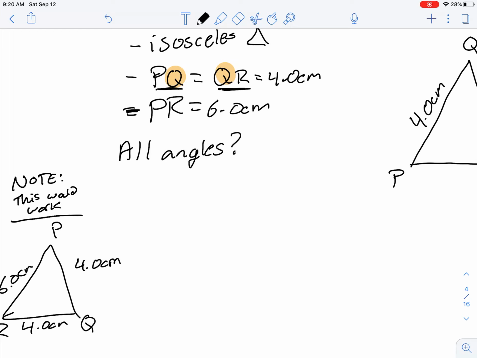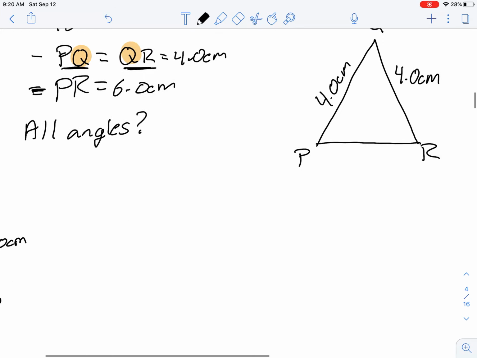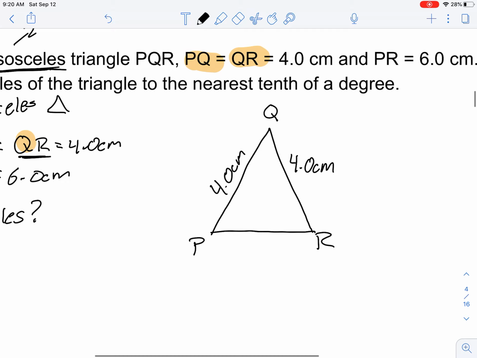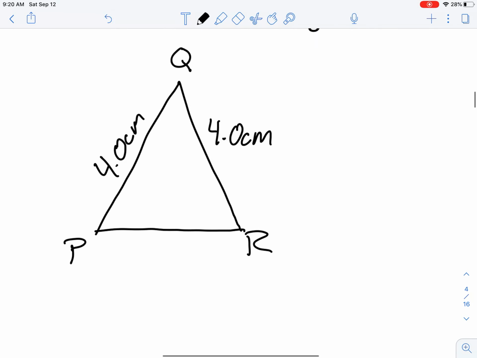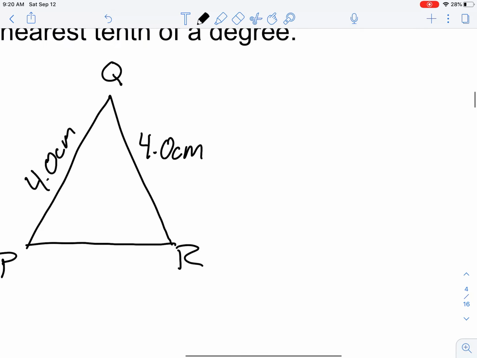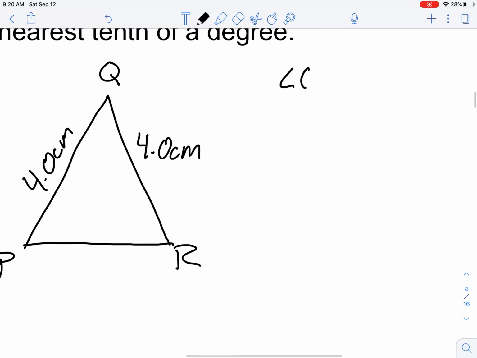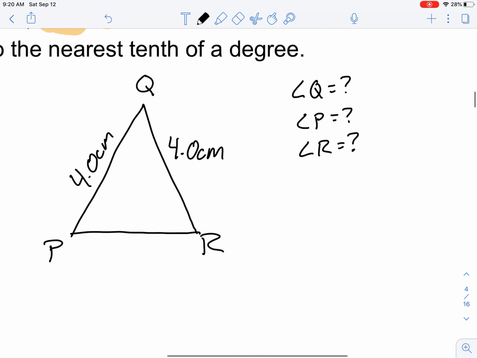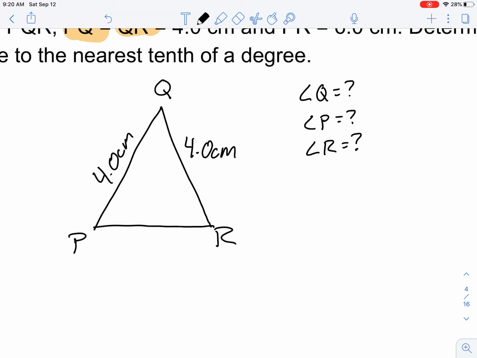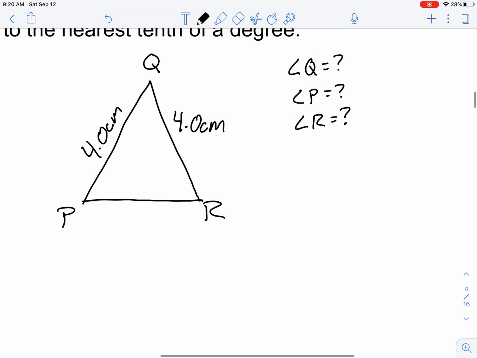Your solution might just look a little different because you have different angles going on here. Now, it wants us to find every single angle. So the question here is angle Q, angle P, and angle R. Okay, angle Q, angle P, angle R. So what are all these things? Now remember,